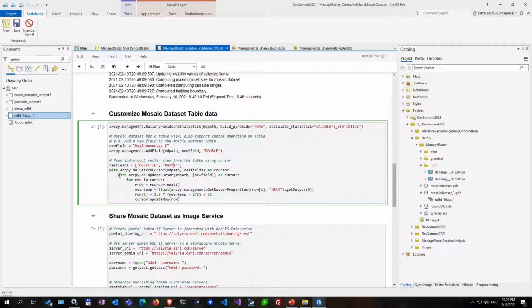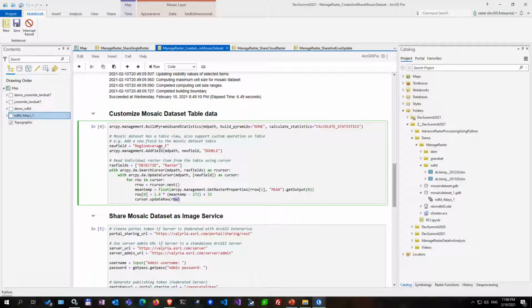And I'm again using the update cursor to loop through each row of the Mosaic dataset and reading the temperature information, the mean temperature information from the raster item, and then do the conversion from Kelvin to Fahrenheit, and then save it back to every row's